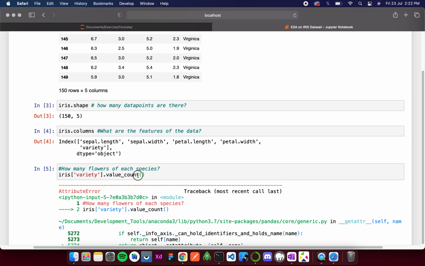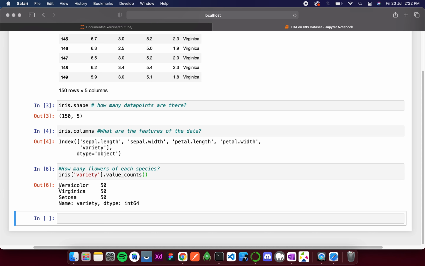I am sorry, it needs to be counts. Yes, so you can see we have versicolor as 50, virginica as 50, setosa as 50.